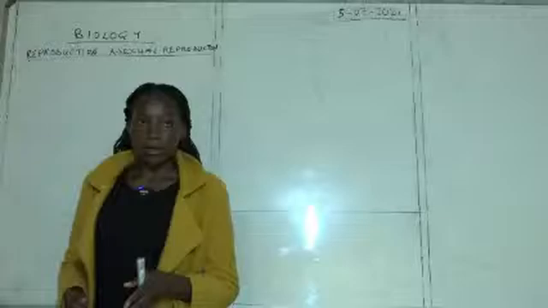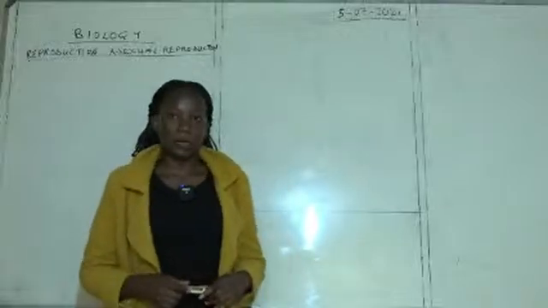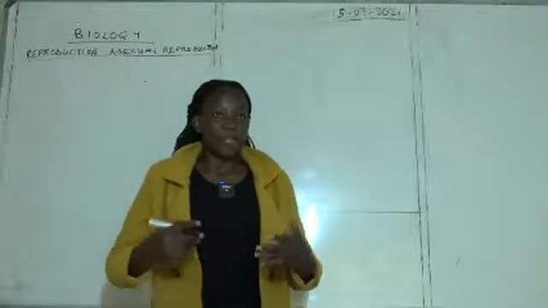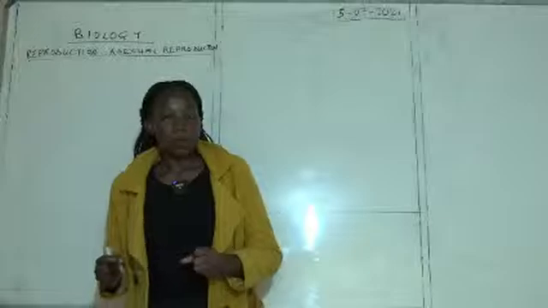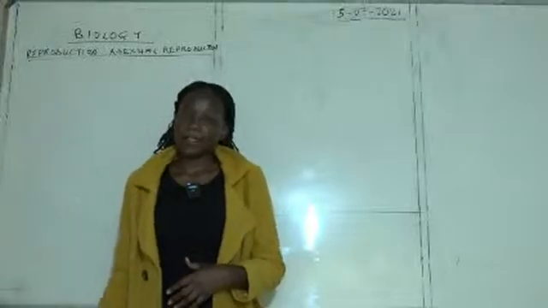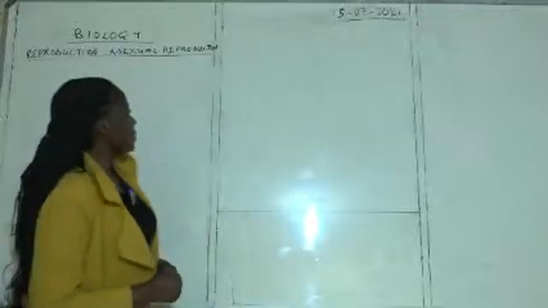Okay, so today I want us to look at the last two types of asexual reproduction. We're going to start with fragmentation. Basically, fragmentation is where a fragment of the existing organism is cut off and becomes a new daughter cell. So in fragmentation,